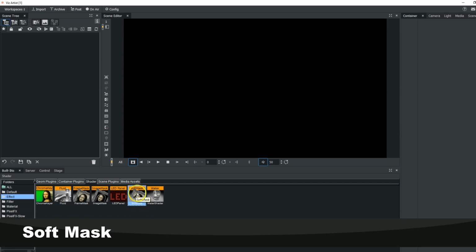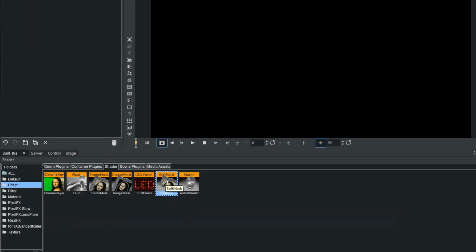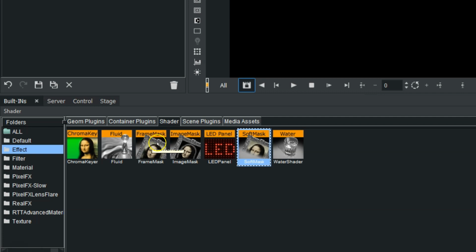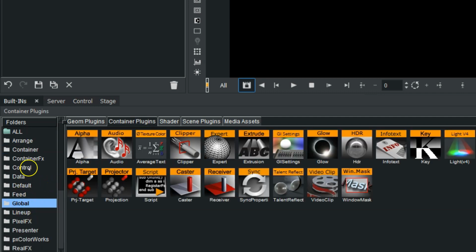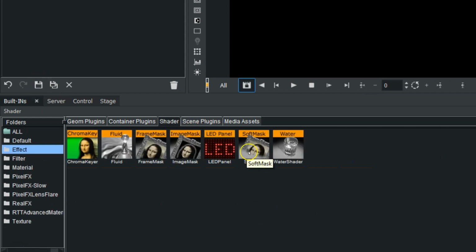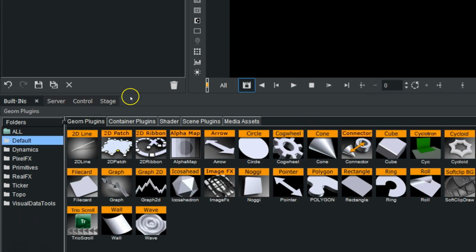The soft mask is another way to create a mask within Viz Artist, in conjunction with the image mask and the frame mask and the other two masks found within the globals folder, being the window mask and the mask source and target. So the soft mask works a little bit different, and to demonstrate this, we're going to go